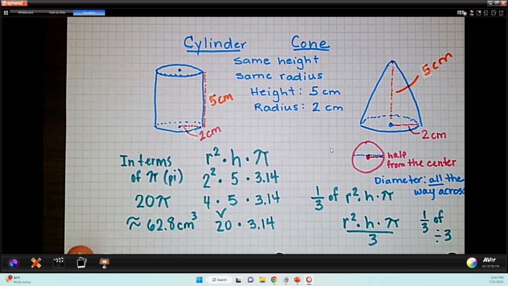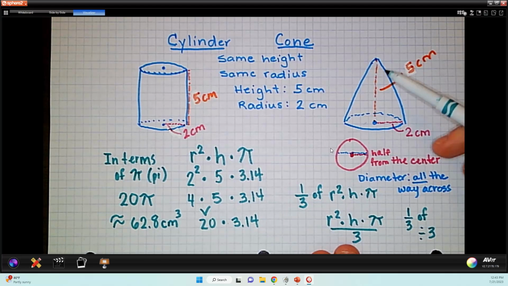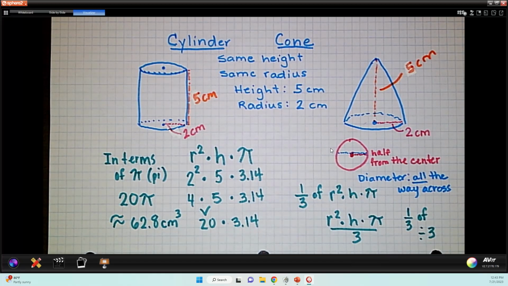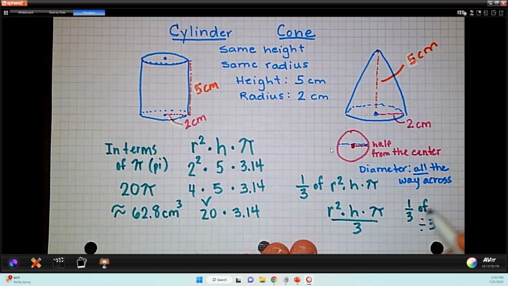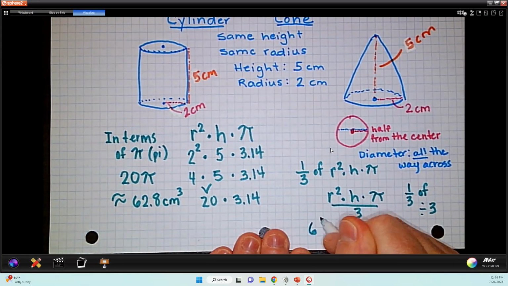Okay? Now, the cone. Once we've done the volume of a cylinder, the cone is just 1/3 of that because the height and the radius are the same. So essentially they're the same shape. It's just that we're missing some of this cylinder because it's a cone. So we could work out the steps all the way through, or we could do 20 divided by 3, which would be perfectly fine to do, which would be 6 2/3. So the answer for my cone could be 6 2/3